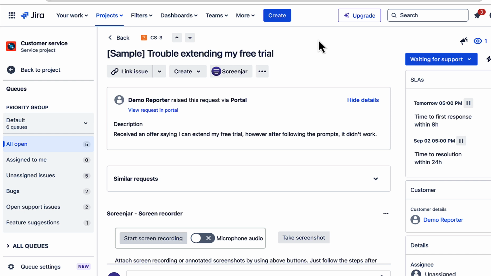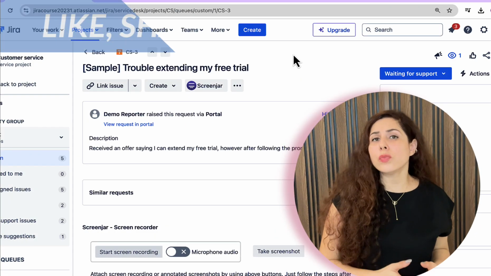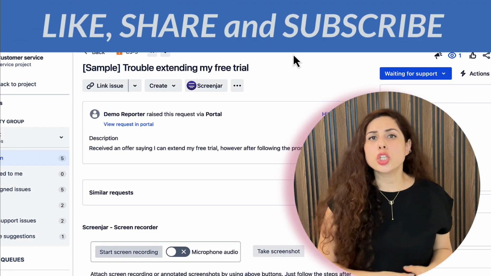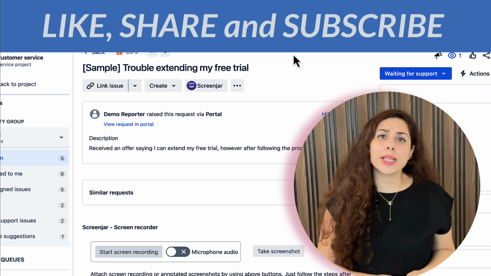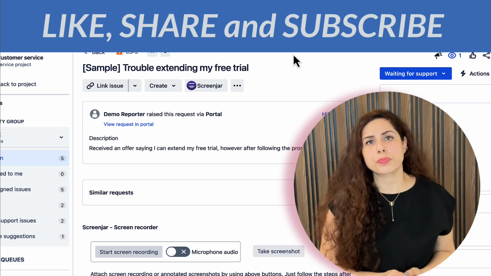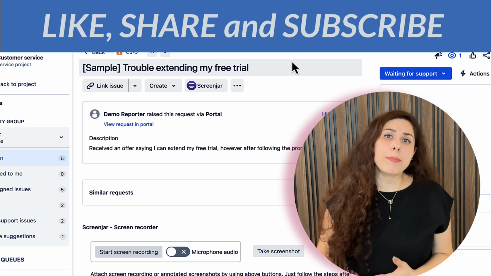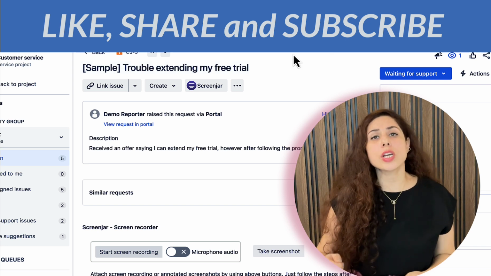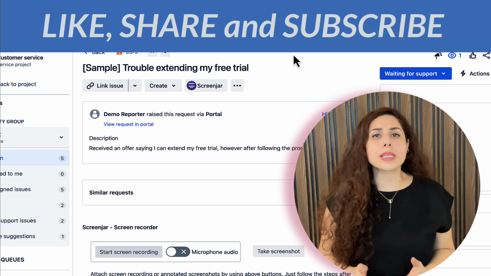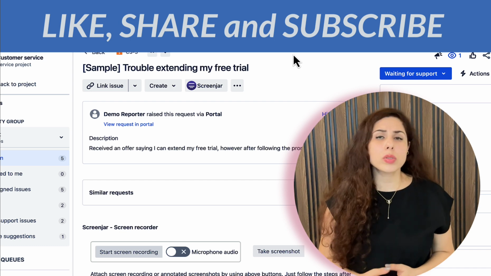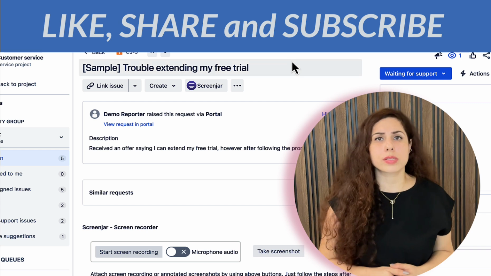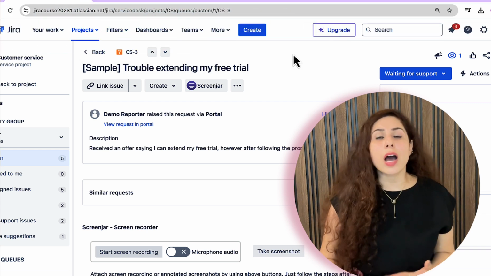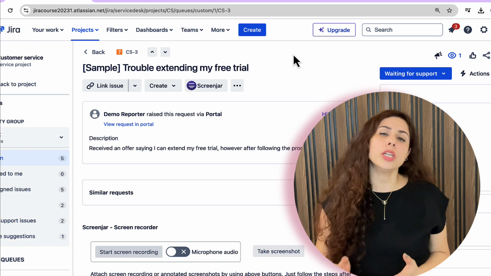Okay, we saw how to do the recording and how well the ScreenJar app collaborates with all of your Jira issues. The thing which I liked about this app is that users can initiate screen recordings directly from Jira issues. These recordings are attached as MP4 files to Jira tickets, and all that is done within just a few clicks. The app works seamlessly across modern browsers like Chrome and Firefox, and it integrates without requiring any additional user management.